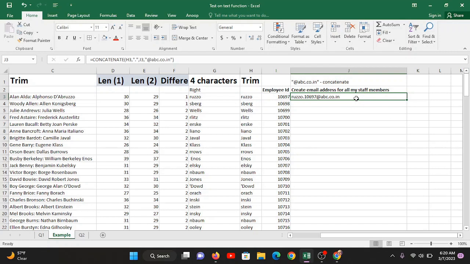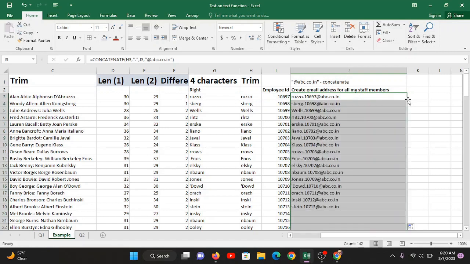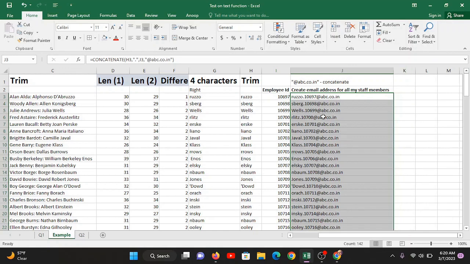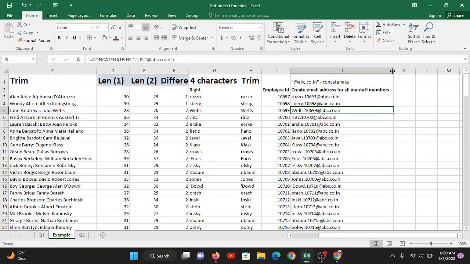Ruzo.10697 at the rate gmail at the rate abc.co.in. This email ID is created. Once I do it, double click, you see, you'll get it for everyone. Again, one more challenge which I am able to see. You see, in the email ID, you cannot see capital letters. Okay. So again, let's say this is not the right data set, which needs to be sent to HR department